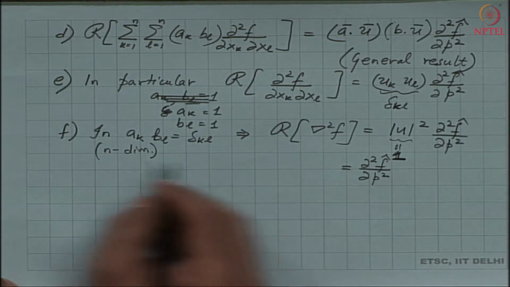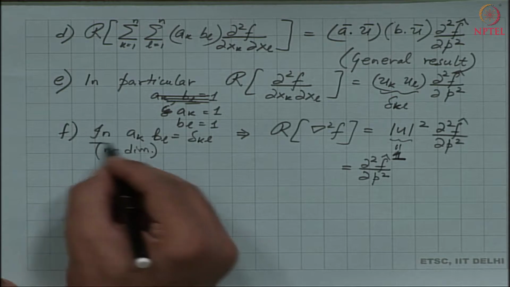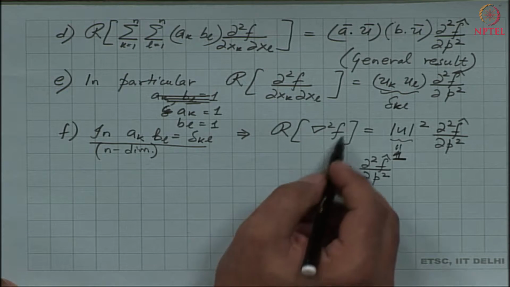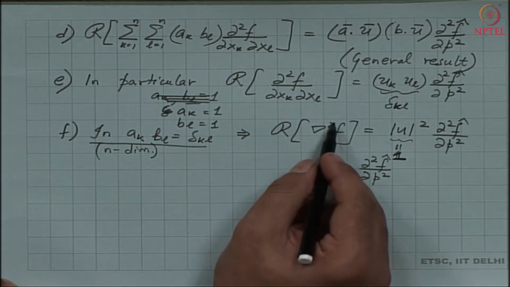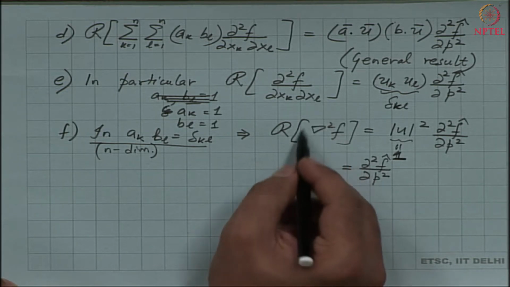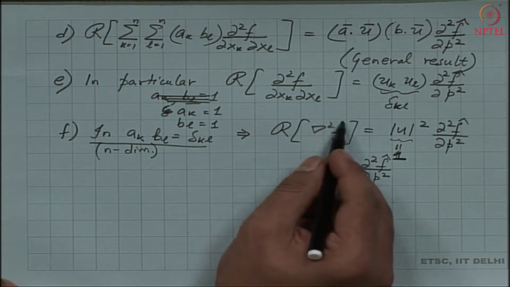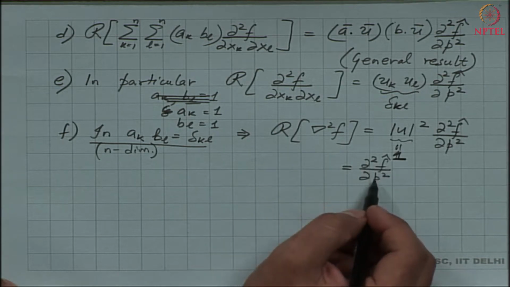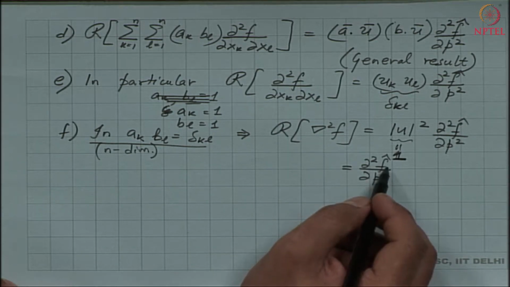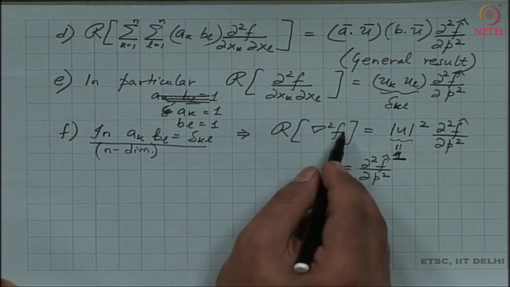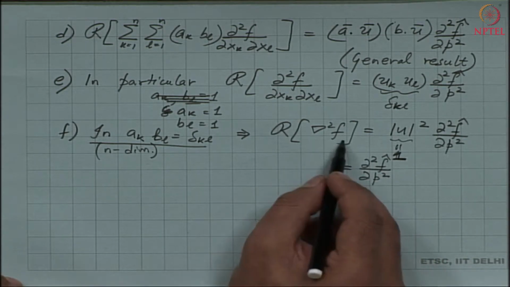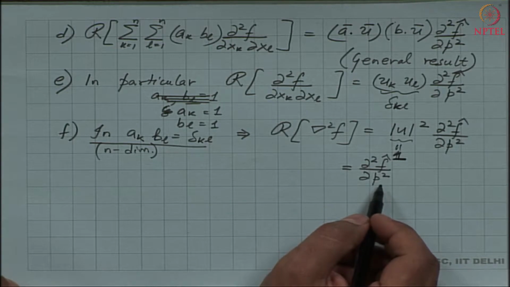Notice, this last result is particularly important. If I were to work on a problem which is n dimensional, in that case I have to evaluate the Laplacian for the n dimensional case. All I need to do is change it into a 1D problem by taking the appropriate Radon transform, and this Laplacian in n dimensions changes to the second derivative in 1 dimension after taking the Radon transform. So, an n dimensional problem is changed to a 1 dimensional problem. Okay.